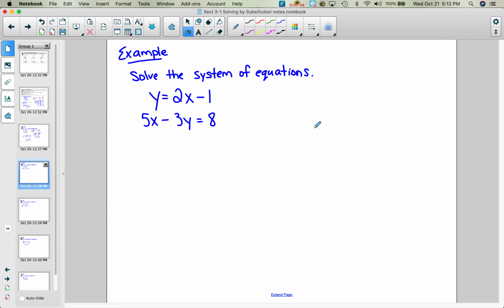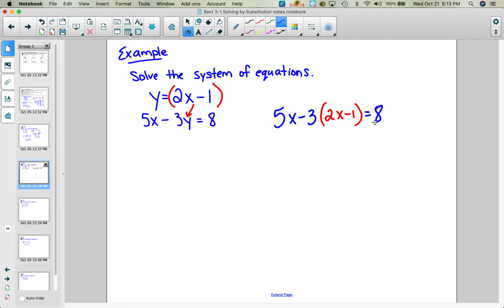So for this next one, it's a little different. Notice that only one of them is solved for y and the other one is in standard form. If you want, you can solve this one for y and put them equal to each other, but that's not the easiest way. When one of them is solved and the other is not, we're going to substitute. So what I'm going to do is take this 2x minus 1, and since it equals y, I'm going to replace the y with a 2x minus 1. So then what my equation will look like is 5x minus 3, and then in place of the y, I'm going to put the 2x minus 1